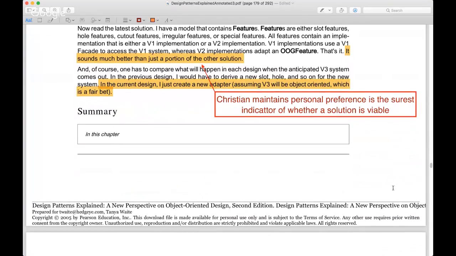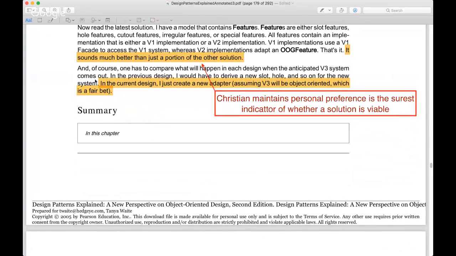Okay, and then he says, kind of in the clincher, this meets the most important criteria of all, and that is, is this software easier to change? And of course it is. Adding version 3 will be